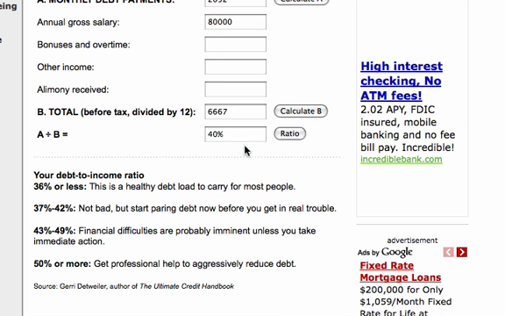So let's say your income was only $60,000, just to show you something. If your income was only $60,000 per year, and then we did a calculate B and we click the ratio number again, now we're at 53%. Okay, so that's really in the danger zone here, and we could use that number in a short sale hardship request or a deed in lieu hardship request, because basically if we put that number in, it would tell the bank,